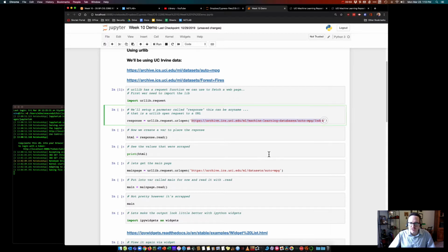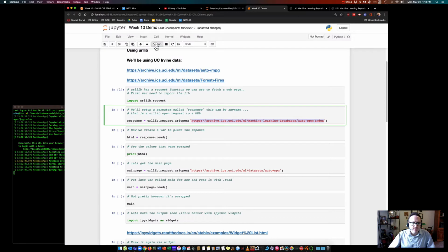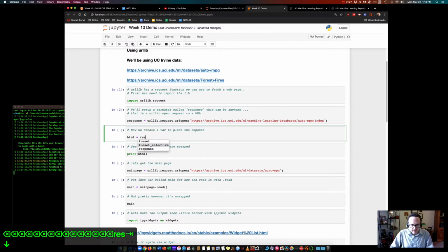So this is the MPG data index. So the URL up here. So what we're doing is we're basically putting that into a variable called response. The variable could be whatever we want to call it. And then we're going to take the response and we're going to read the response. So response itself, since it's been activated as a urllib request, we can see here, response